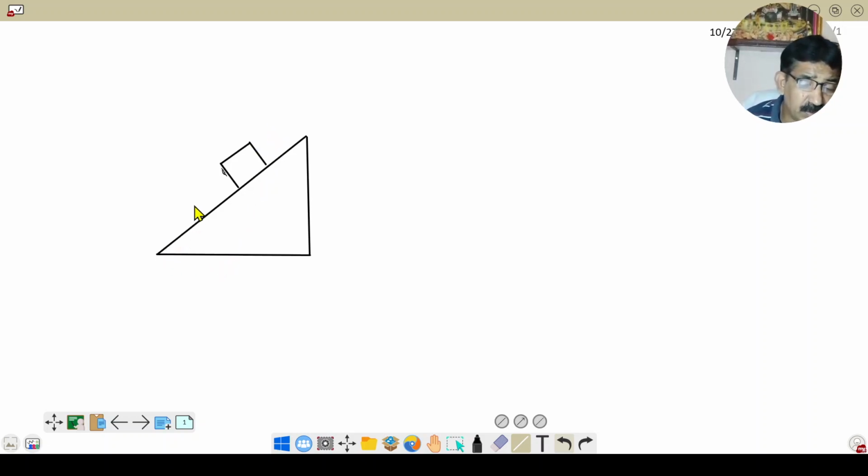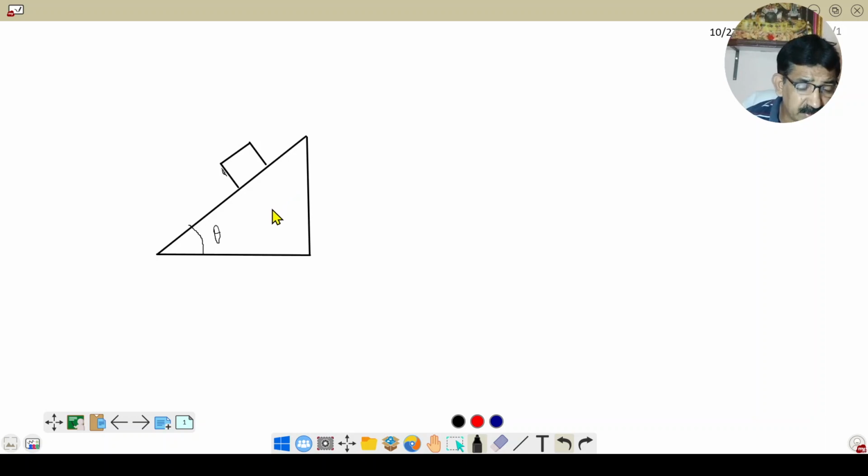In our school, there are two ramps, and these ramps are built specially for moving the motorbikes towards the room. In front of our office room, there is a ramp. A ramp is an example of an inclined plane. This is the plane of inclination, the inclined plane, and this is the horizontal surface. And the angle is theta.